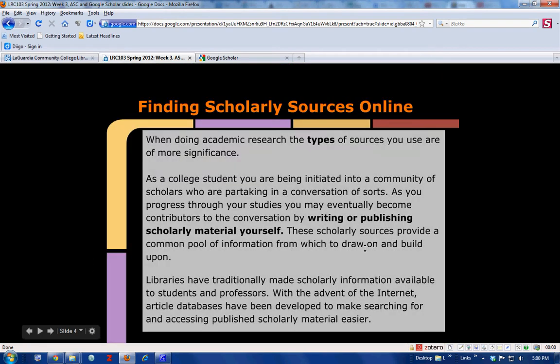Now, make sure you spend a little bit of time looking over these slides, and we'll provide just the text for you as well. You need to really think about what the different kinds of sources are and what purpose you're using them for. For doing academic work, scholarly material is necessary, not just because it's more reliable and trustworthy, but because the content